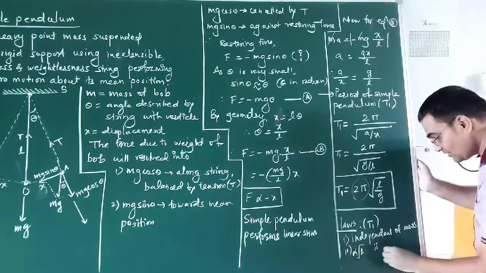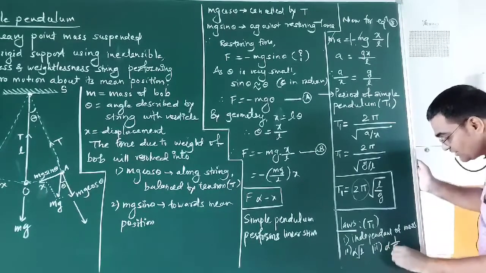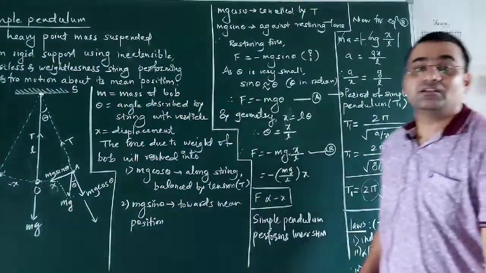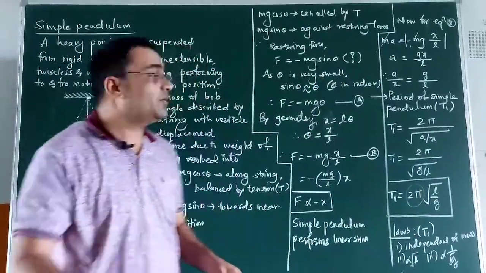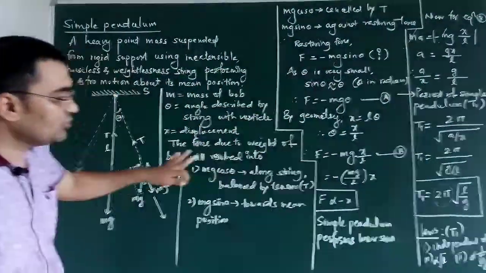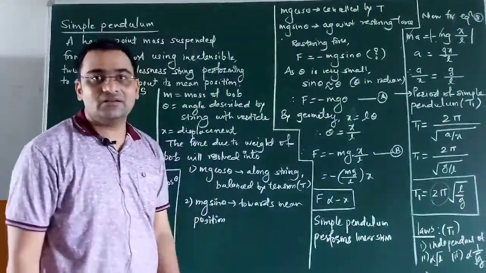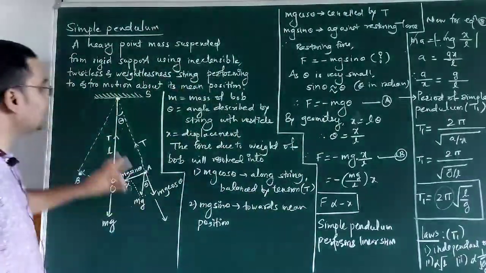T is inversely proportional to square root of acceleration due to gravity, and fourth law is also there where T, that is period of simple pendulum, is independent of amplitude of oscillation. So this is the entire article for you. Some things I have shortened here, you can get them in detail in a textbook. These are not so difficult to learn, just important part is there.